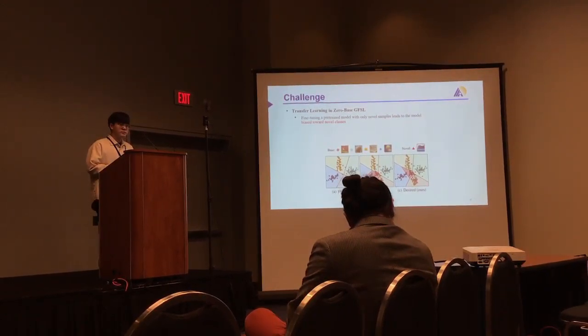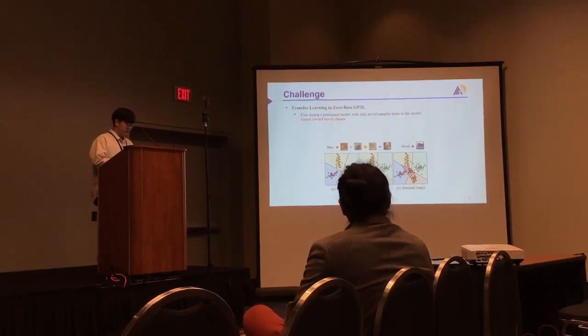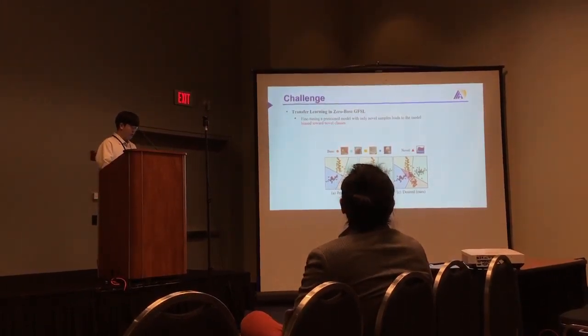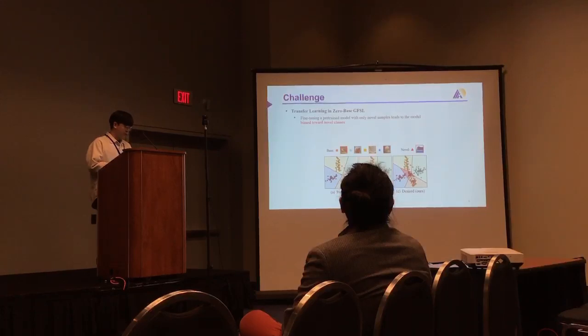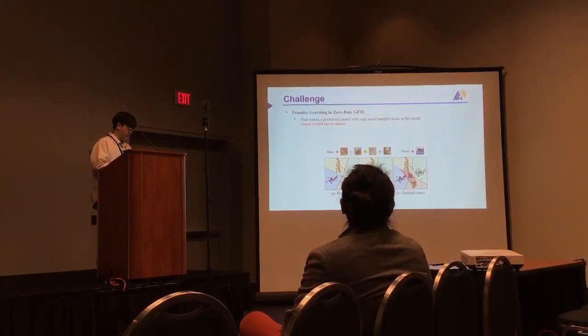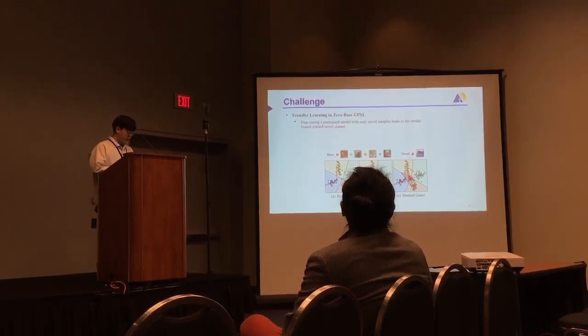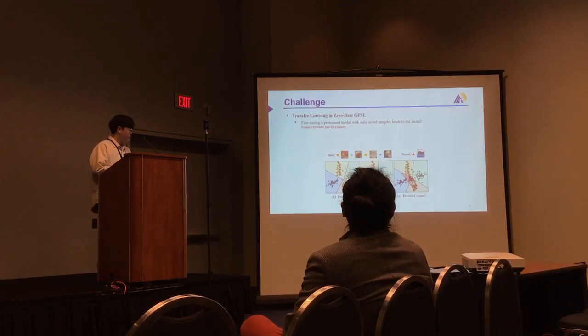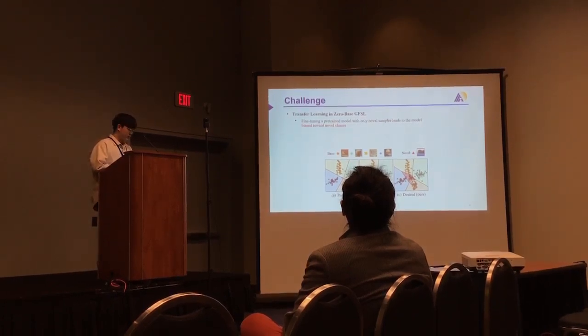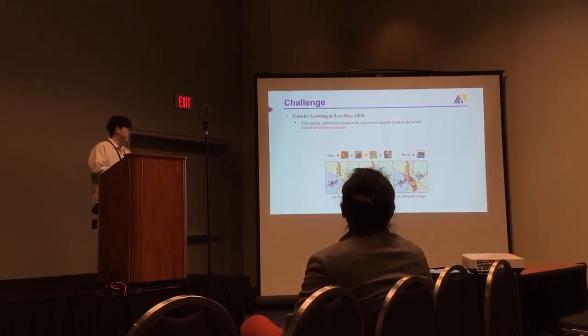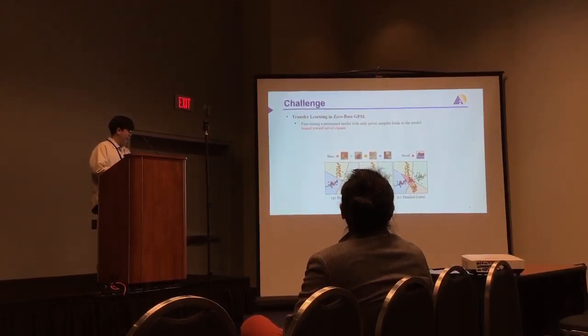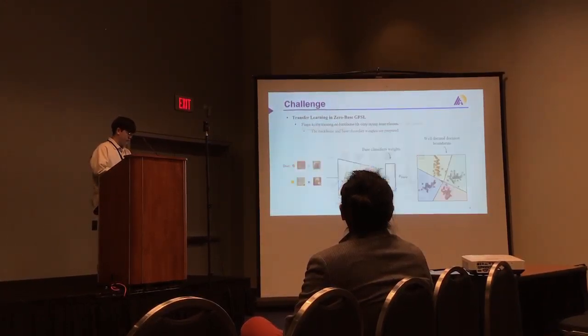In the current literature of GFSL, most existing works focus on transfer learning approaches, which means we fine-tune a pre-trained model with only novel samples. But we observe that these transfer learning approaches lead to a model highly biased toward novel classes, not only in zero-base GFSL, but also in the existing GFSL setting. The main issue is actually the decision boundaries. I'm going to explain in detail.